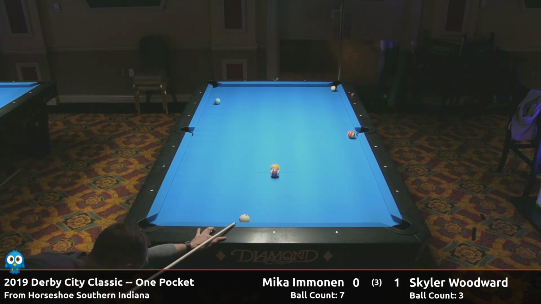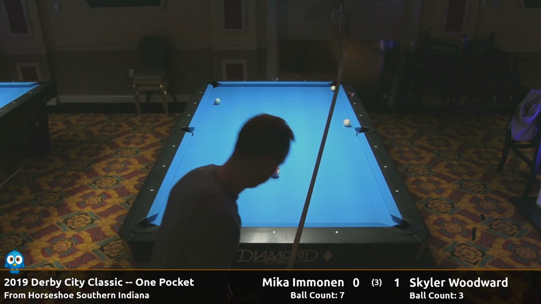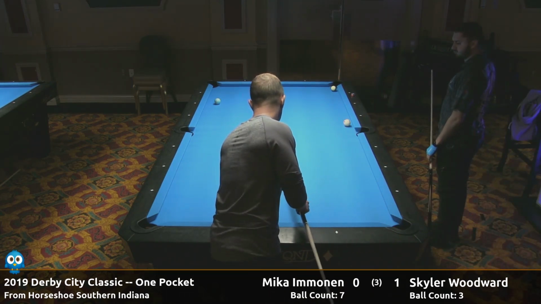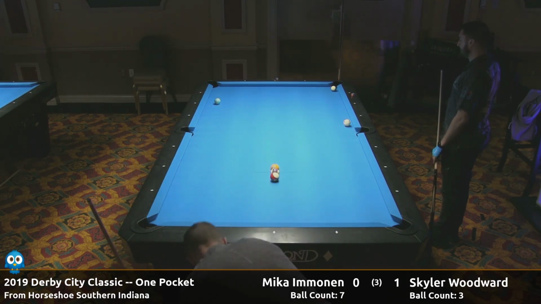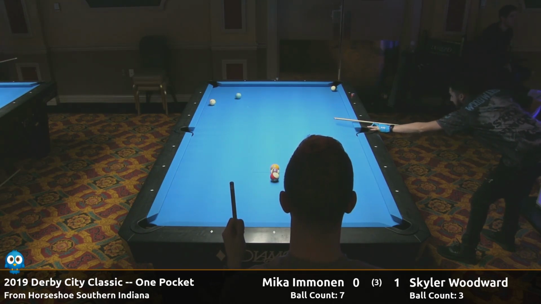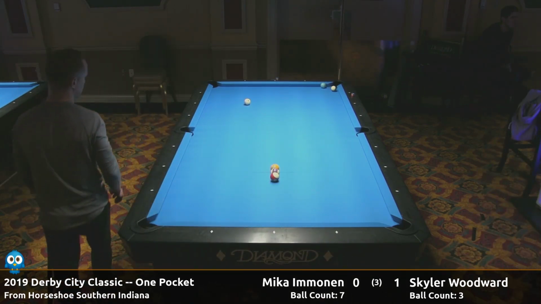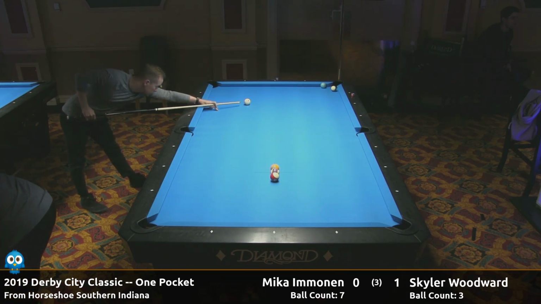He just needs one. He's just going to pocket this 13. All right, Sky, bank that 13 in. Nope. It's not cooperating. There we go. Take that one out of play, too. Good call. Stop taking your own stuff out of play. You need these balls. He's just going to...